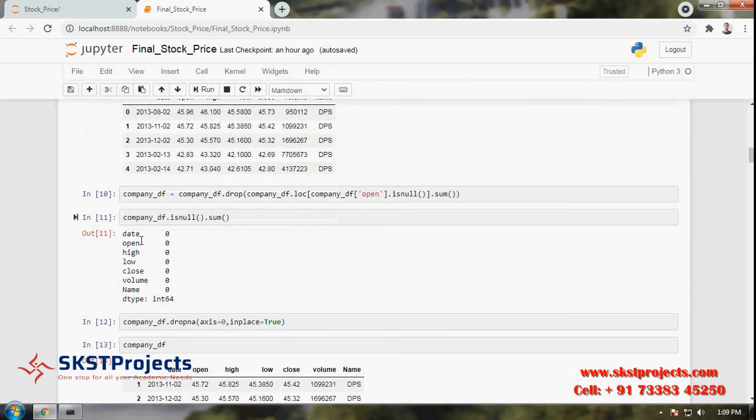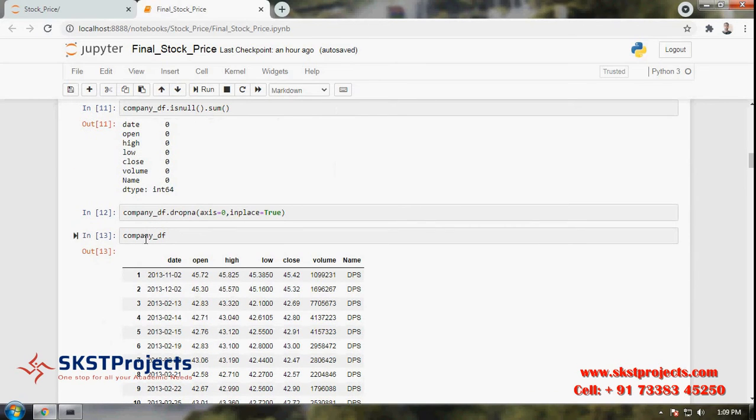Say in the date column there is no null values; open, high, low, close, volume, there is no null values in the columns. So next, if any null values are present, actually there are none, but if any are present, we want to drop them, meaning we want to remove them. For that purpose,